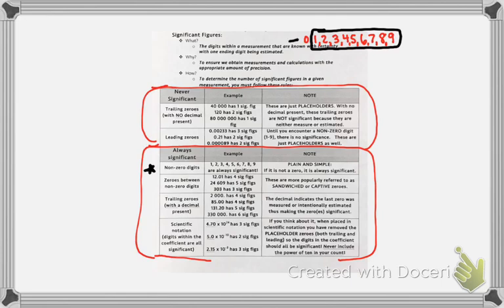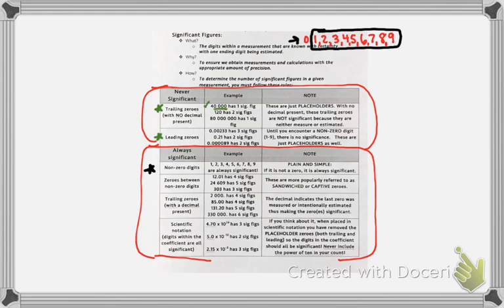It's this little 0 that gives us headaches. Sometimes zeros are significant and sometimes they are not. Now, zeros that are never significant. So that's what we're going to talk about first, the zeros that are never significant. And the zeros that are never significant are trailing zeros and leading zeros. So trailing zeros with no decimal present, and we'll talk about that a little bit more in a minute. So if you've got the number 40,000,